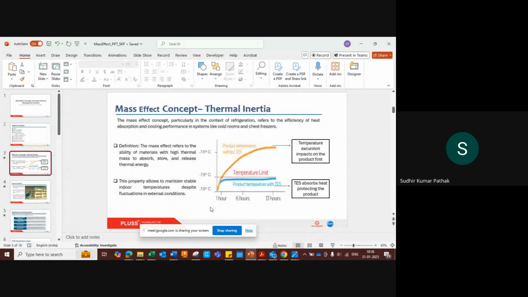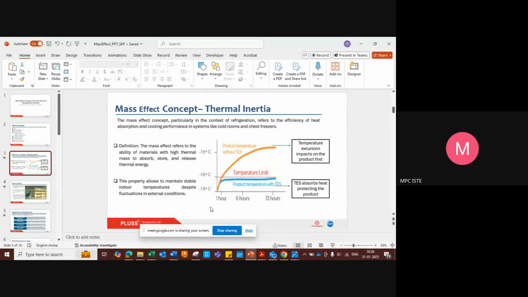First, we will understand the mass effect concept, which is a thermal inertia. Generally, the mass effect concept, particularly in the context of refrigeration, refers to the efficiency of heat absorption and cooling performance in systems like cold rooms and chest freezers. Mass effect is just the effect of inertia, where we store extra energy that will help to regulate the temperature whenever